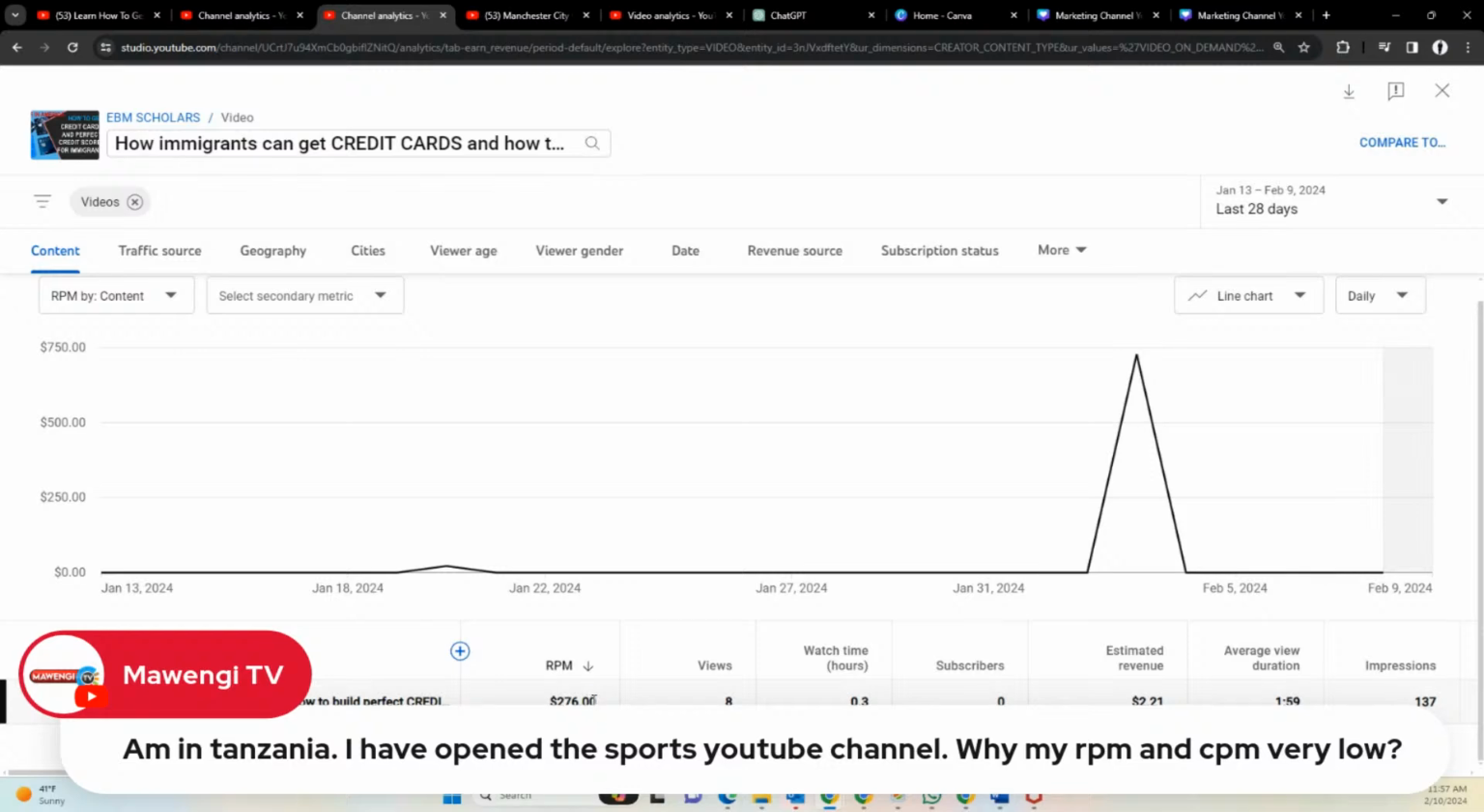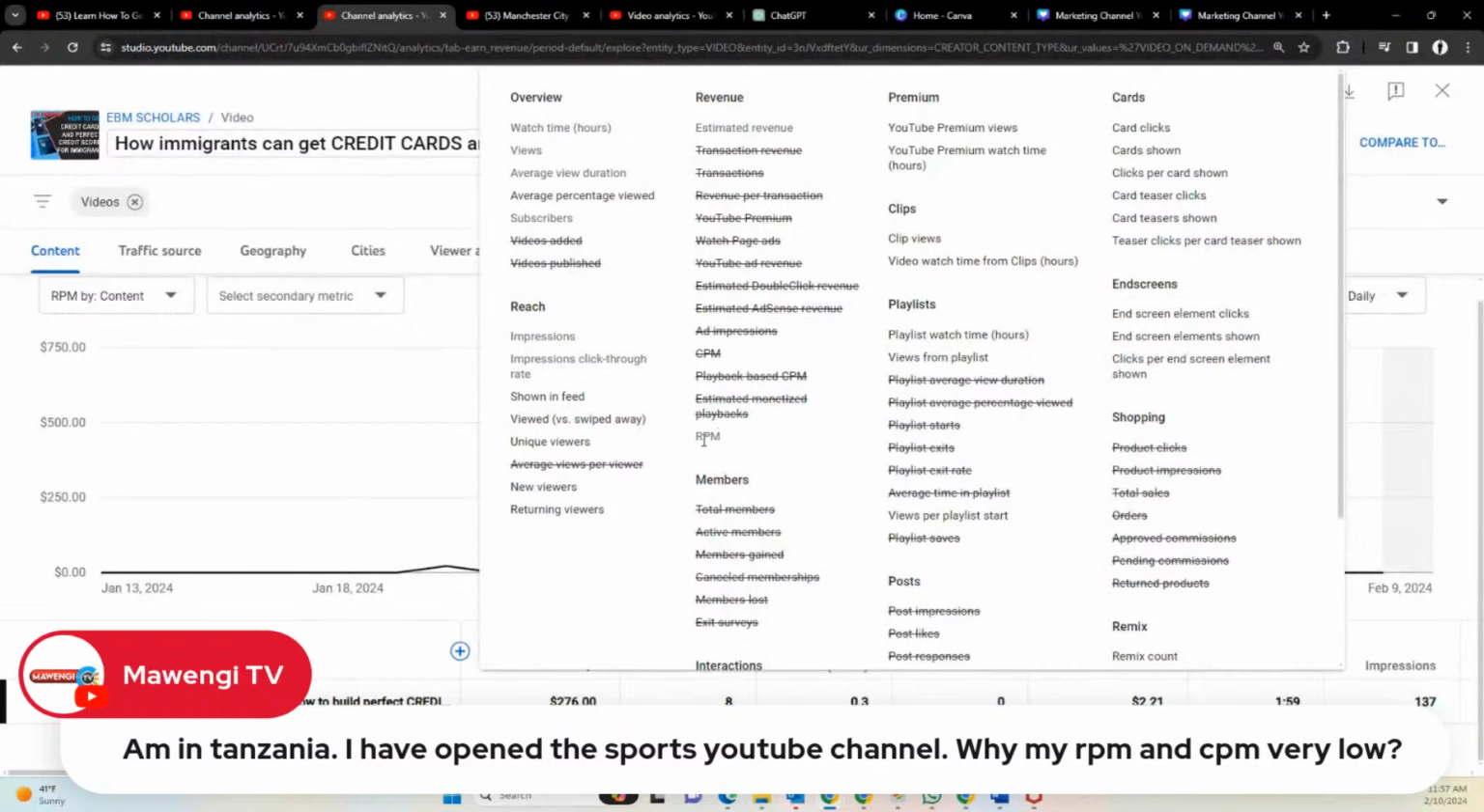RPM, $276. It is here. That is for a specific certain day. You see, on other days it can be lower, but the highest it has ever been is that amount. So if I click add here, RPM,